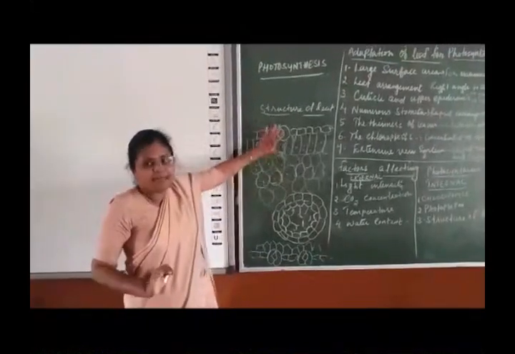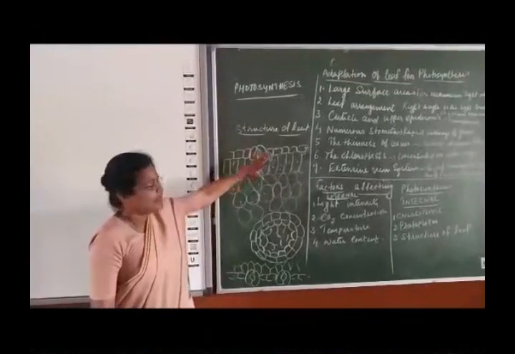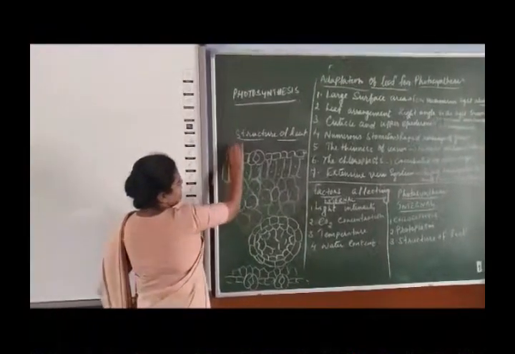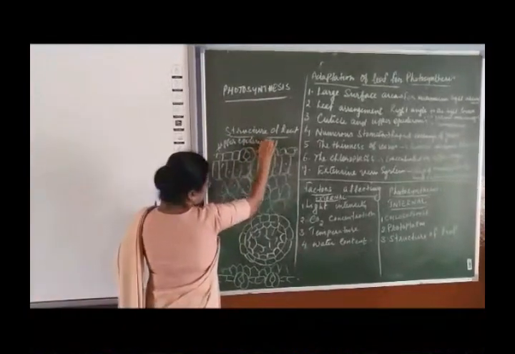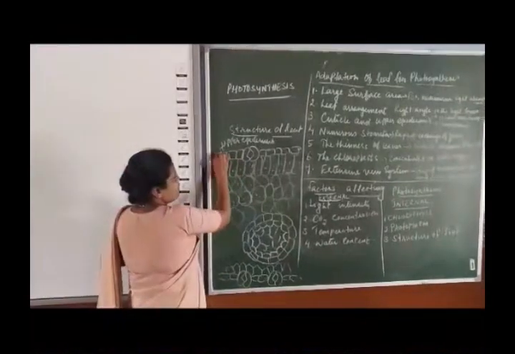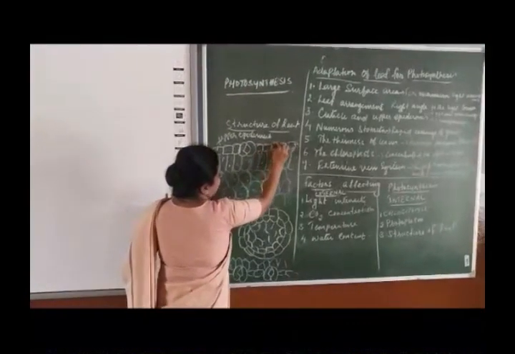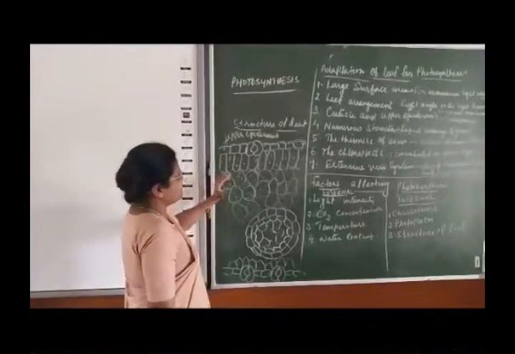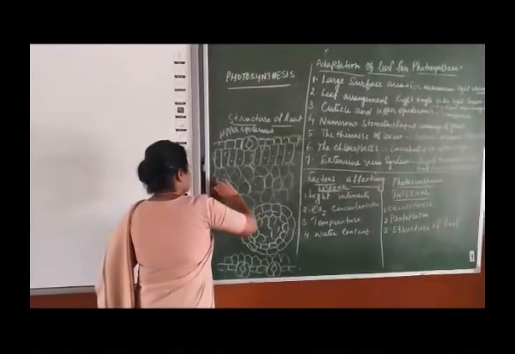However, the main part of the plant which actively participates in photosynthesis is the leaf. Coming to the structure of the leaf, the leaf has an upper epidermis and a lower epidermis. On the upper epidermis you have a layer called the cuticle, which is made up of a waxy layer, which is very important in photosynthesis to absorb light. And below the epidermis you have cells collectively called mesophyll cells.